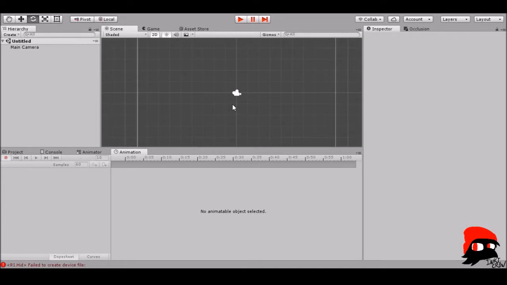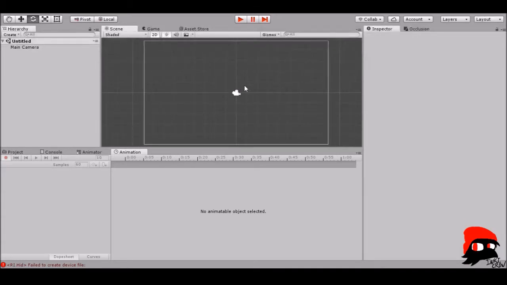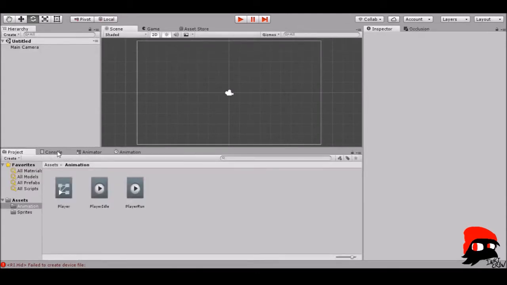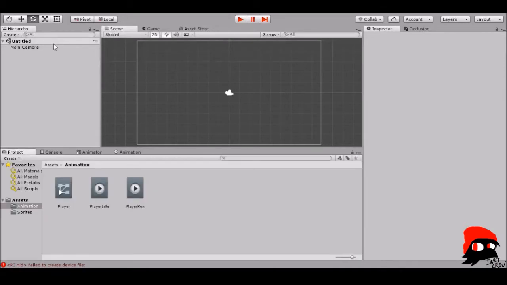So what I'm aiming to do here is animate a character in a very similar fashion to animating a character or anything in Flash, although the difference is that this is not Flash and this doesn't have the same kind of features as Flash, but the movement would be somewhat similar. So to start off,